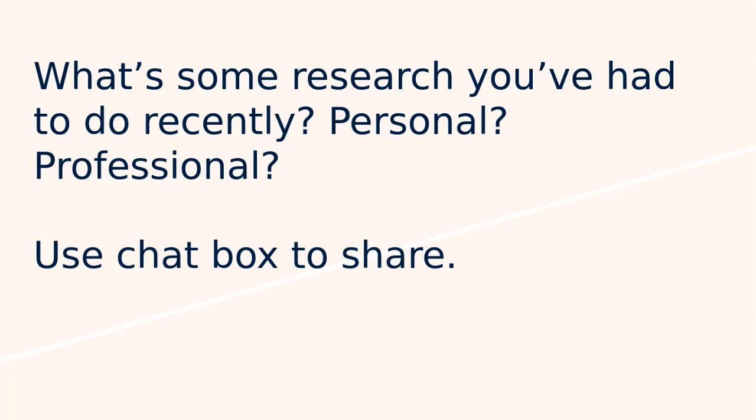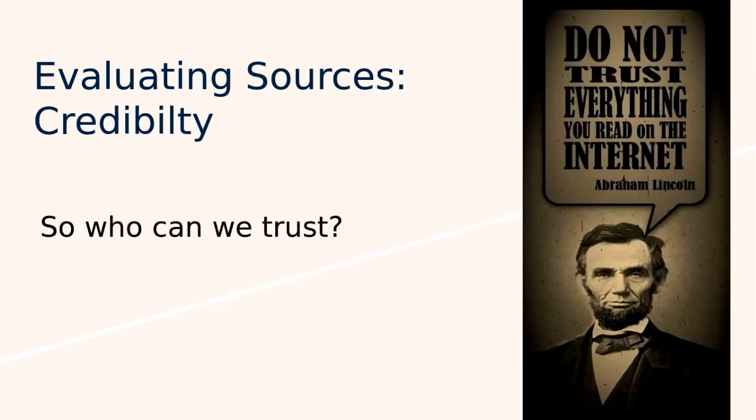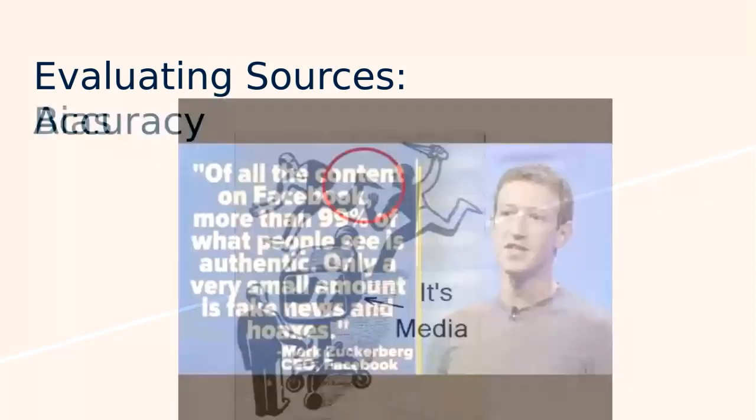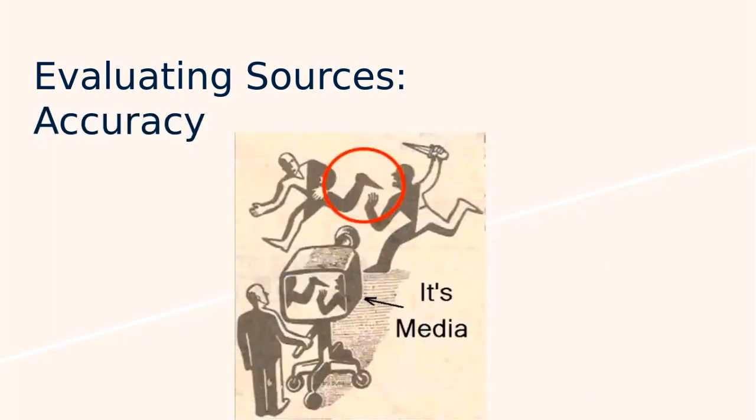So we talked about credibility, in looking for credible sources of information, and Rebecca mentioned bias as well. I also included accuracy. Obviously, we all use the CRAP method, so accuracy is one of them. And distorting facts, distorting the truth. This image shows where you're taking a snapshot of something, blowing it up, and it looks like something different.